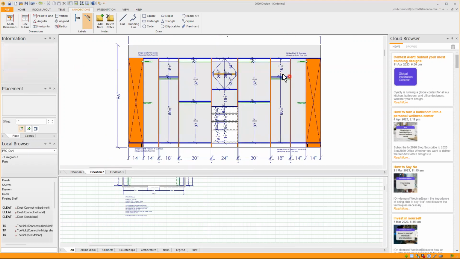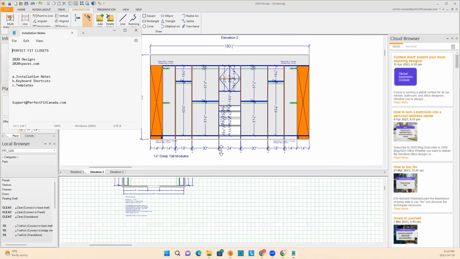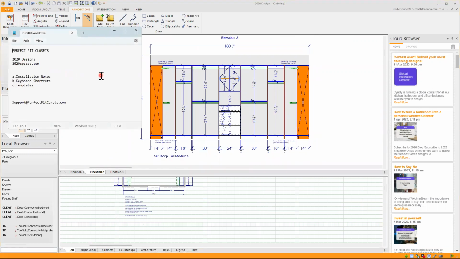And the more notes and information you provide, the better. So if you have any other questions about installation notes,